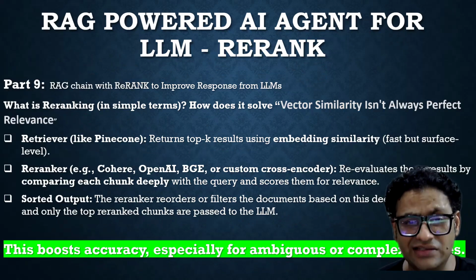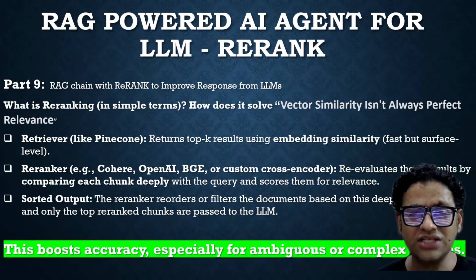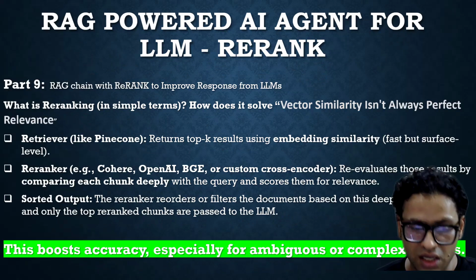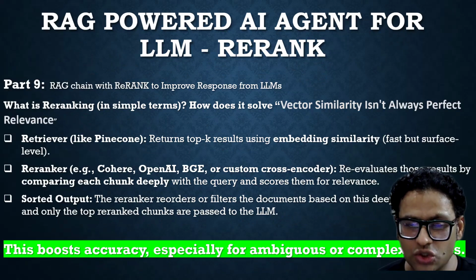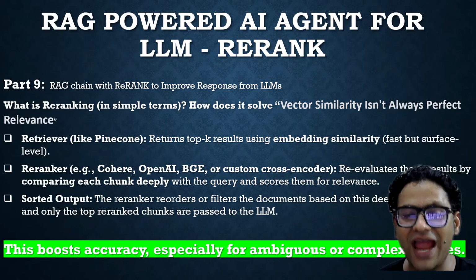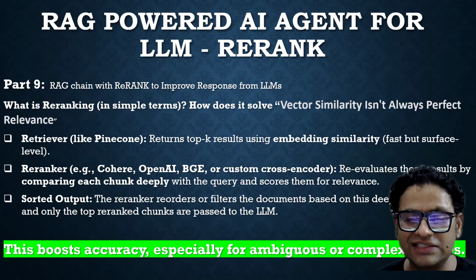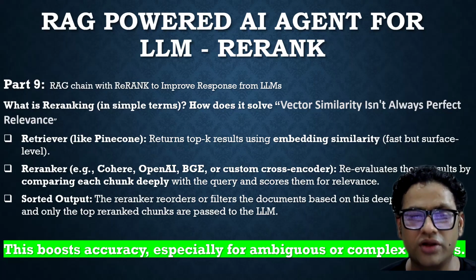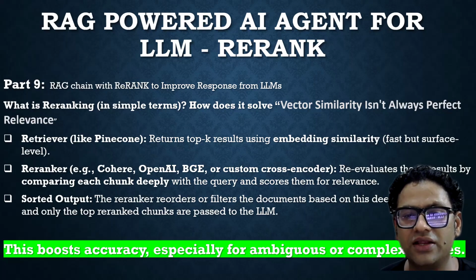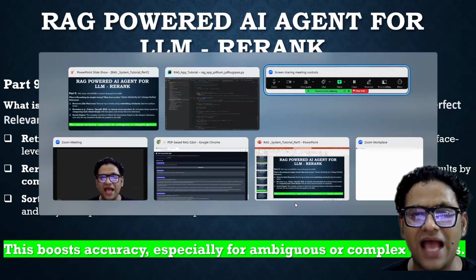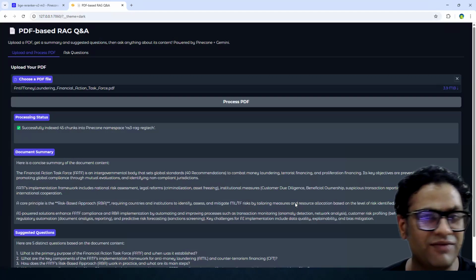So what rerank does is, rather than just getting the output of the vector similarity score based responses, it goes deeper than that. It tries not only to get the context, it does a lot of intelligent things behind the scenes, and there are a lot of models designed for that, like Cohere, BGE, OpenAI-related custom cross-encoders, right? So let me quickly show you the application where I was trying to play with this rerank